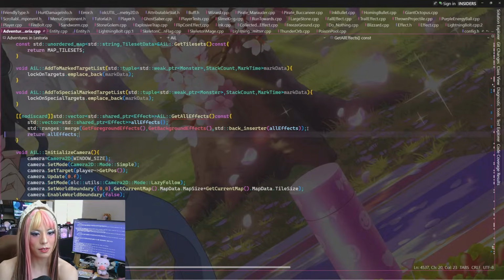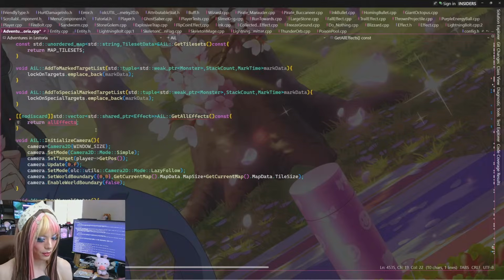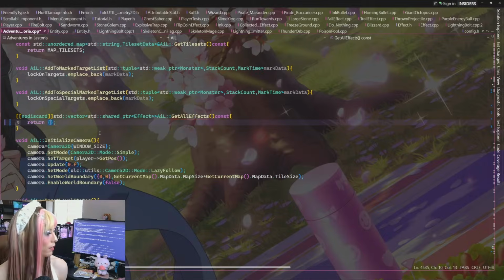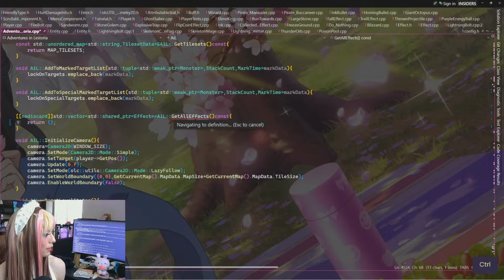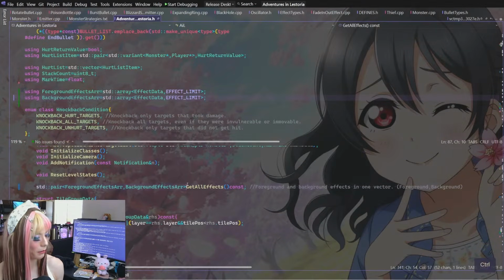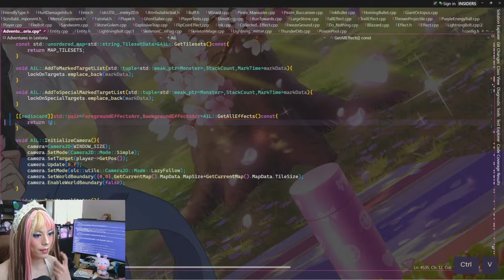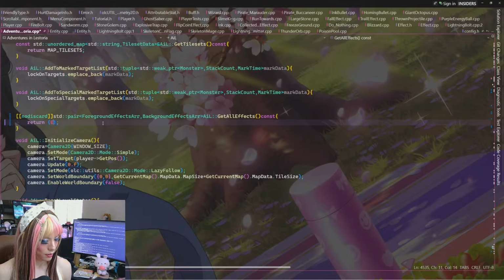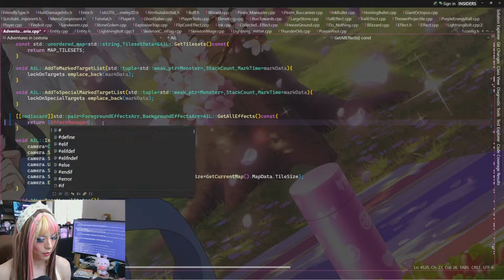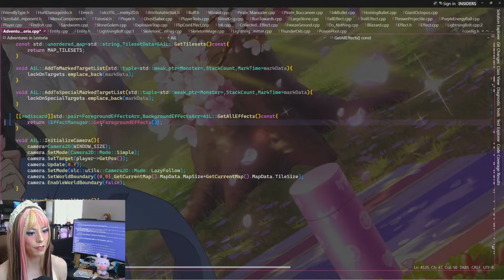I don't think we necessarily have to do that now. We just return them. So we can return a pair. Let me grab that real quick. The standard pair of foreground and background effects arrays. And then in here, we just return effect manager, get foreground effects, and get background effects. And that should be all we have to do there.